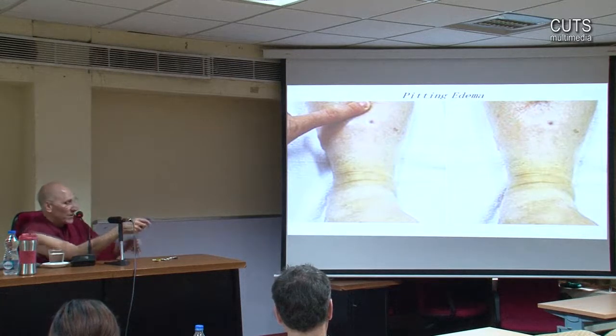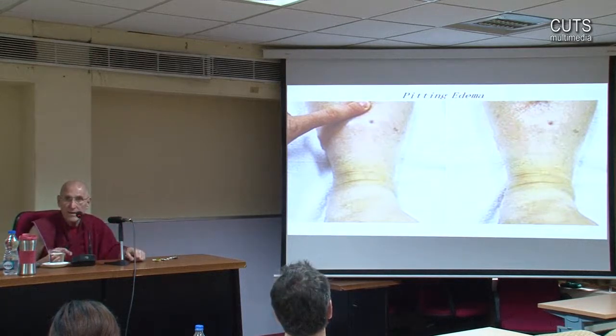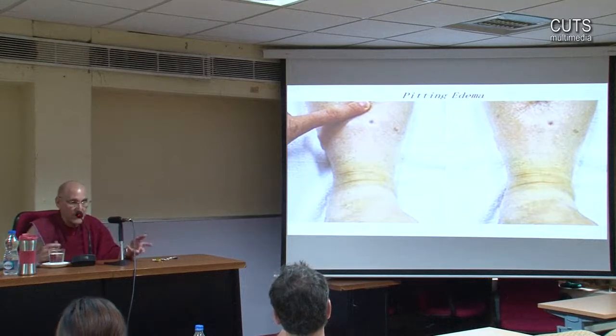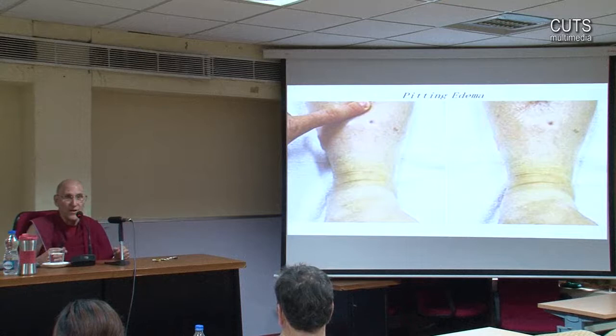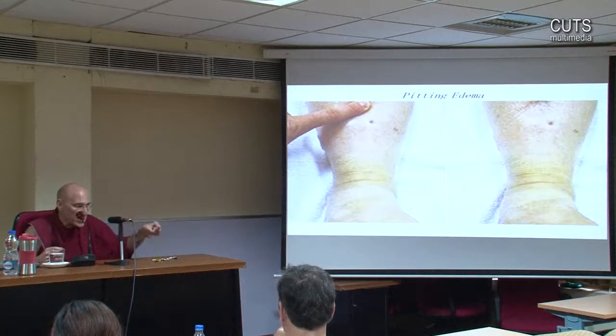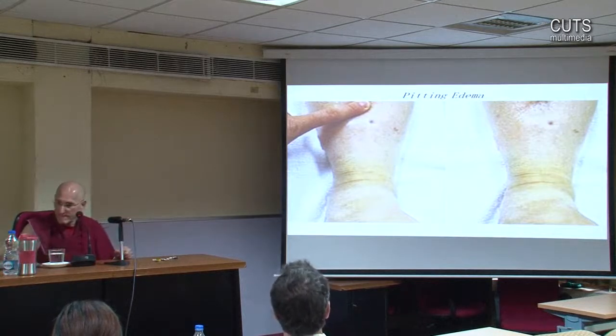So when the thumb is put there, it stays there, kind of like a hole or a divot or an indentation, okay? We can see that with many disorders that create edema or fluid, but also we see it both with kidney failure and with heart failure. Peripheral edema or pitting edema means it just makes kind of a hole when we push it with our thumb.